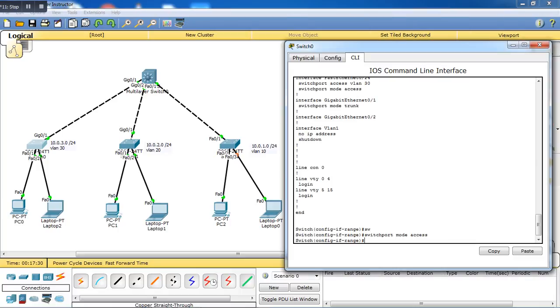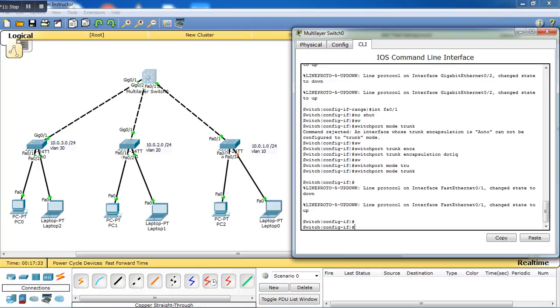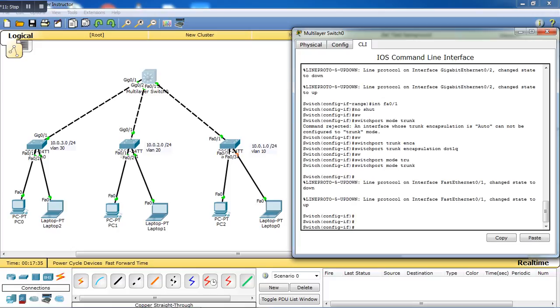Okay, right here, define the interfaces. So right now, let's try to ping